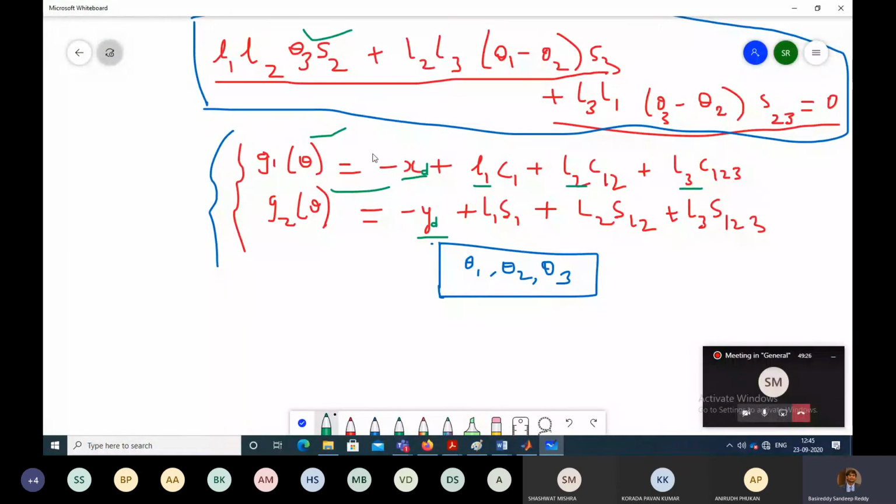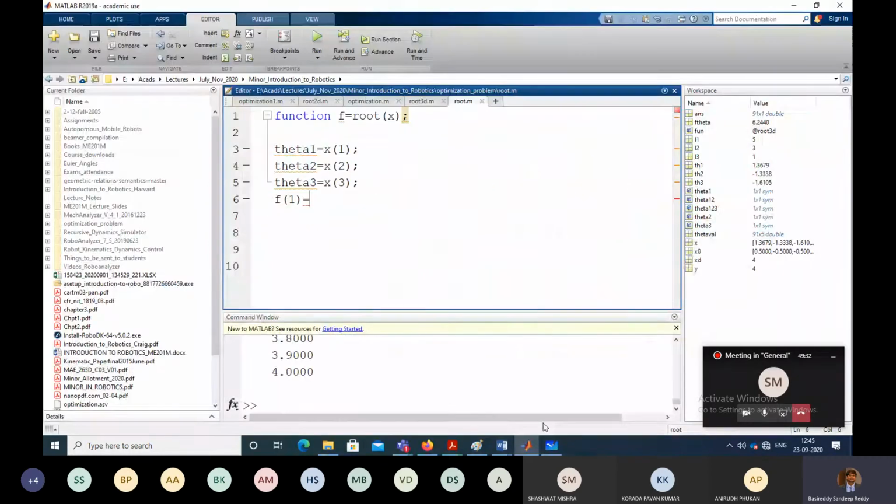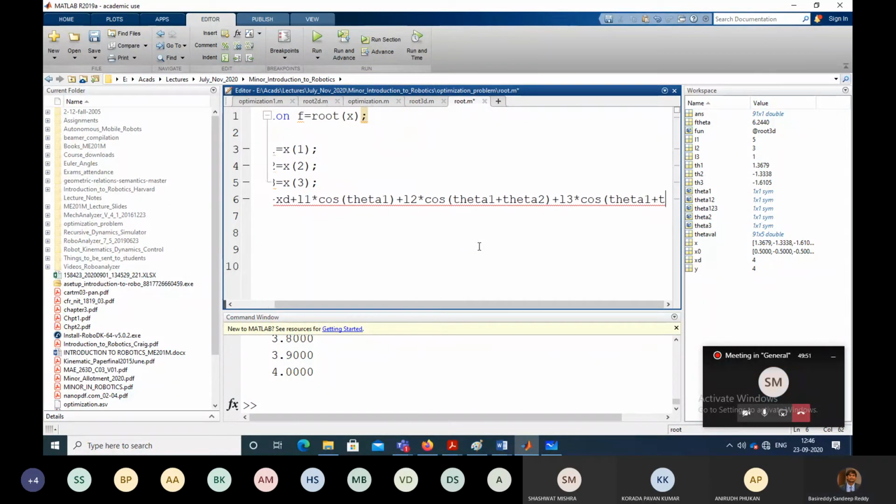So first I'll write this equation, g1 of theta minus xd plus L1 cos theta 1, right.